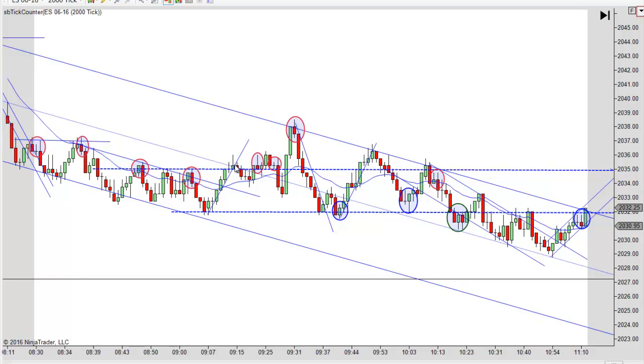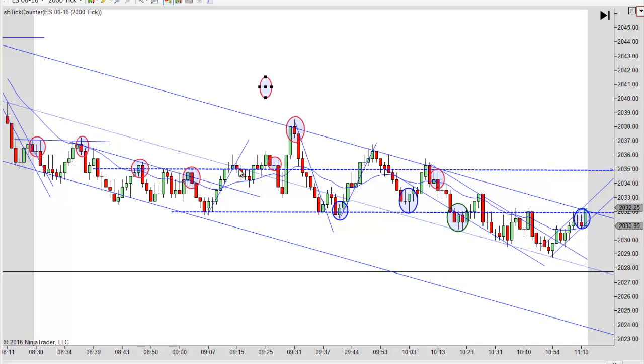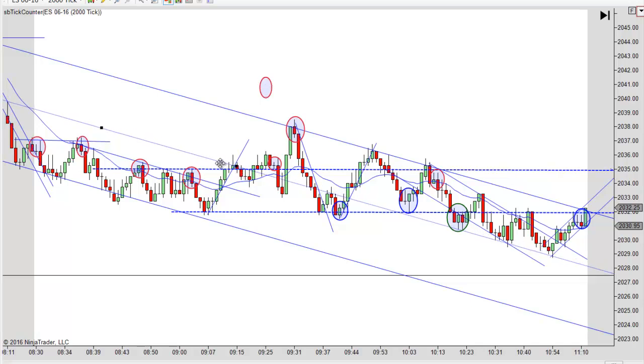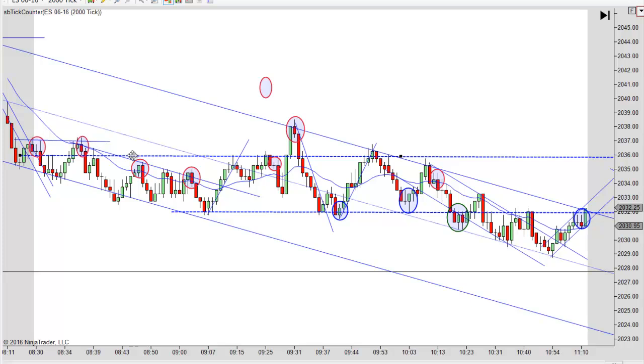That's the first break of that channel, or that we got a little trend working up there. And notice what happens. We end up getting a break and a new high. And notice right here, this is a good reason why you don't want to take the first entry, because this one failed. And that's a real tempting trade. I'm going to tell you, it was hard for me. I mean, even I like that trade, but this is a good example of why I'm always saying, pay attention to what's going on,